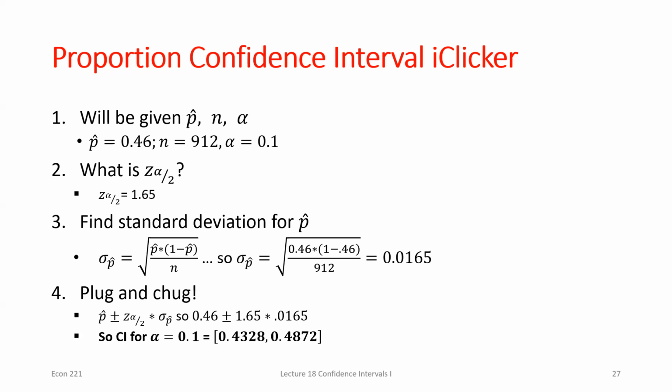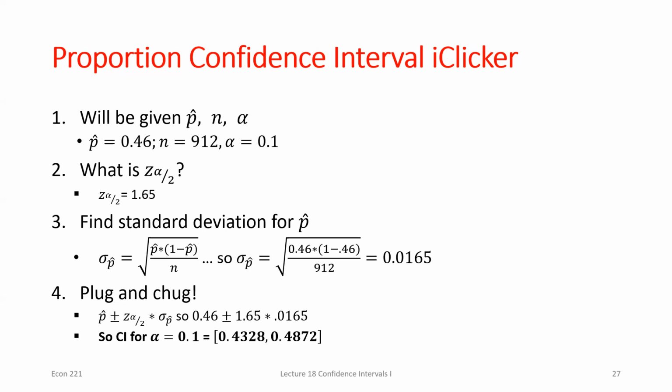But I want to do two things. First thing, I've got my confidence. With 90% confidence, I can say the true proportion of people who were going to vote for Clinton in 2016 was between 0.4328 and 0.4872. Notice I get a pretty narrow range. I mean, not even 0.05 about, right? So I'm getting a pretty narrow range for these proportions, but that's because